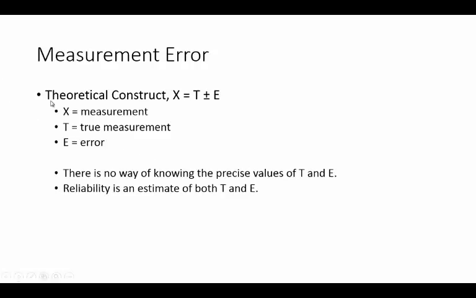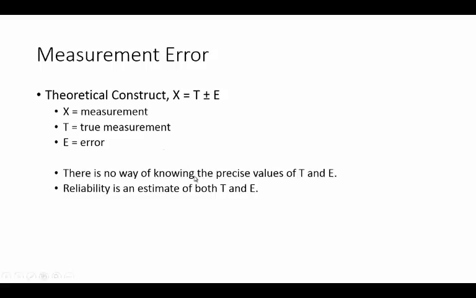In other words, if X is the measurement, T is the true value, and E is the error, then whatever we are measuring, which is X, equals the true value plus or minus an error. So the error is not always with a plus. The error could be with a minus. If I have a blood pressure machine that is always reporting a blood pressure that is 10 millimeters of mercury below the true value,